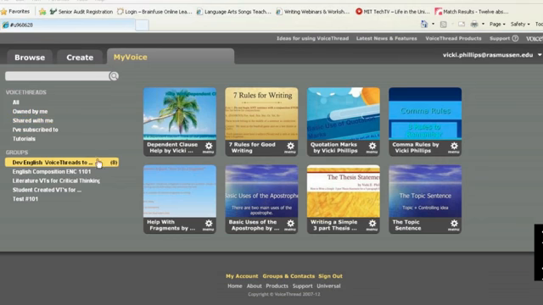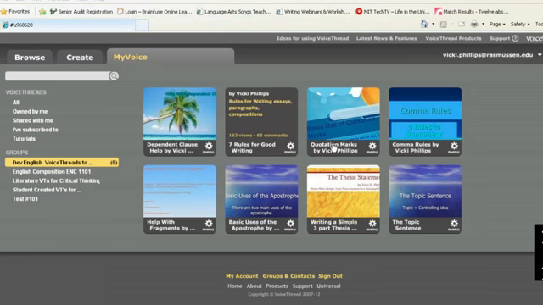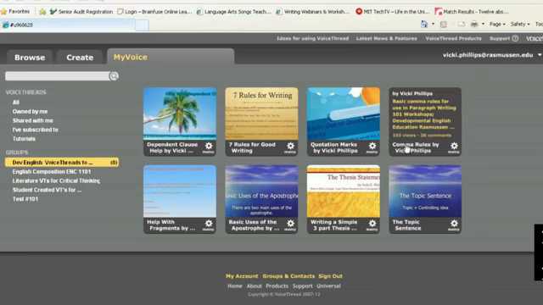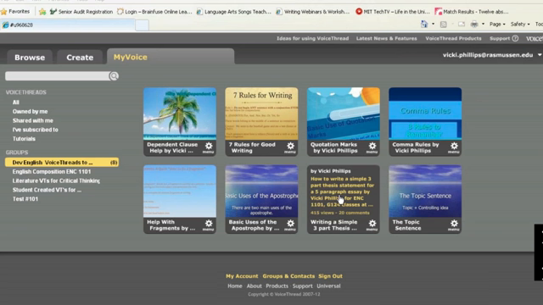All right. So these first ones, if you'll see the yellow right here, it says Developmental English VoiceThreads, and it shows 8 of the ones that I did. As you can see, it says things like dependent clause help, 7 rules for writing, quotation marks, comma rules, and these are 3 comma rules. I broke it down to only 3. A topic sentence, what is that? How to write a simple 3-part thesis statement for a 5-paragraph essay. So I try to be very specific with the skill.